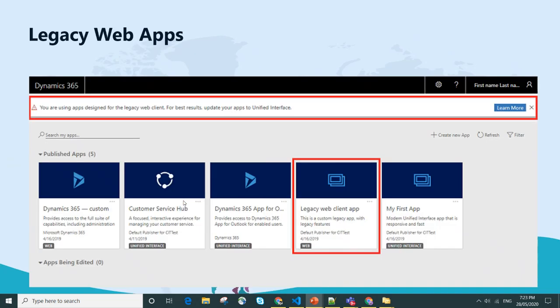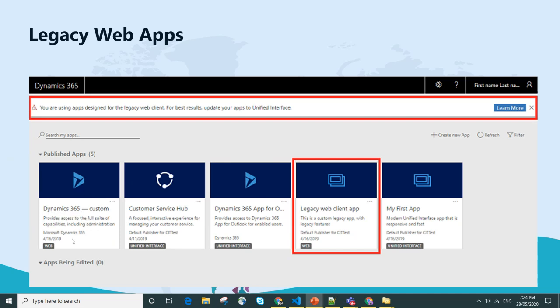So if you do have some legacy web apps, if you created web apps with the old interface, or maybe especially if you've upgraded from previous versions of Dynamics, because this applies to on-prem as well as online. If you've upgraded, or if you adopted an early version of online and gone through the upgrade process online, you may have some of these old web apps, and you particularly might be using the custom